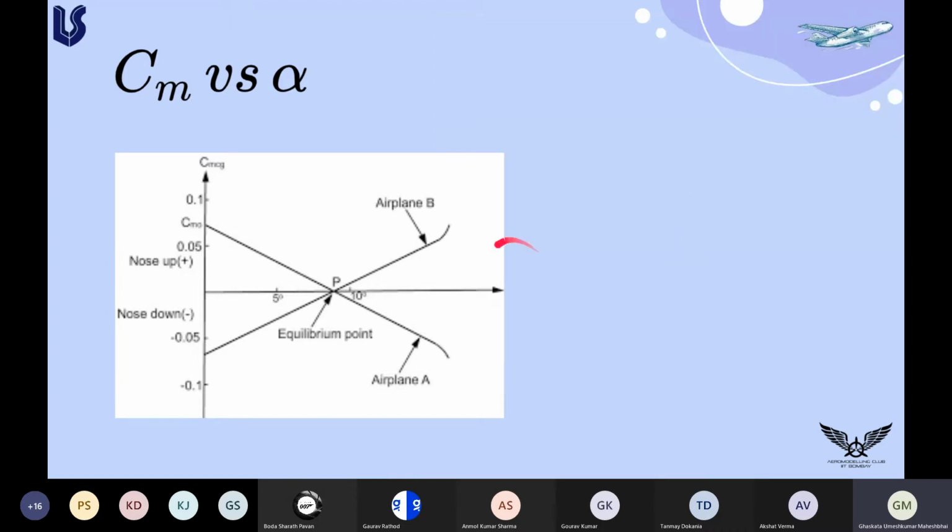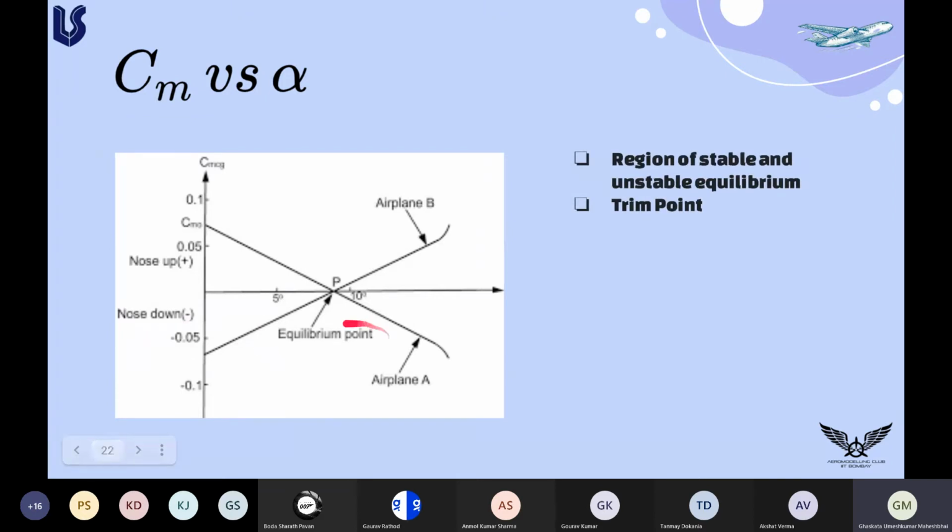So okay, let me explain. You can have a brief idea that the graph is something related to the stability of an aircraft. So suppose the aircraft is oriented at a trim point. So what is a trim point? Trim point is an equilibrium point. This is the alpha line, the angle of attack. So suppose that the orientation of the aircraft is here. The alpha of the aircraft is here.